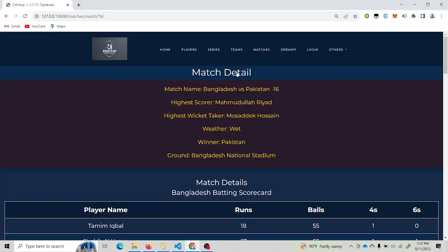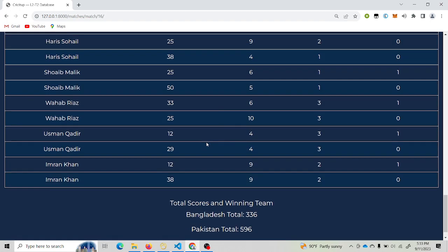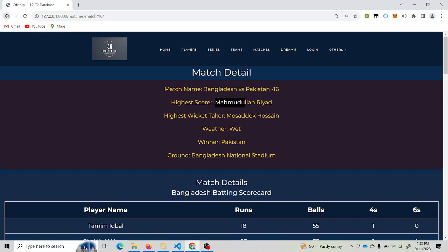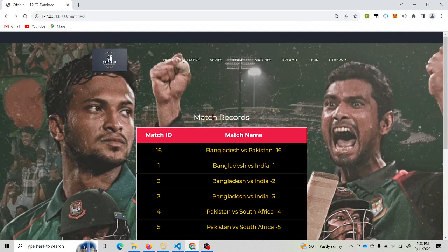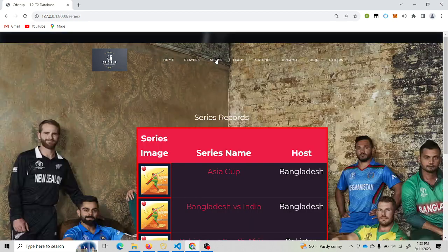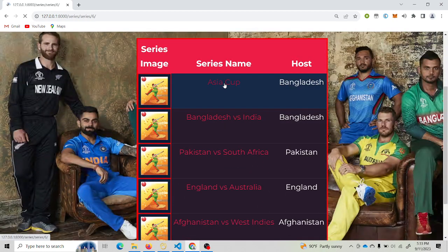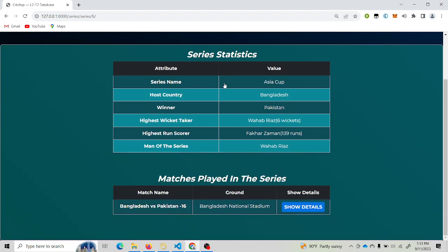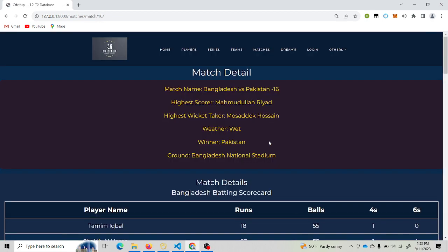If we click here, we can see all the details, and all the stats have been inserted using that very Excel file. So we also have the high scorer, the ground, the winner, and the total score. So that's all for this. And if I want to get the series stats, I go to the series and go to the Asia Cup. In the Asia Cup we have the highest wicket taker Wahab Riaz, highest run scorer Fakhar Zaman, and the end of the series is Wahab Riaz, because only one match is added here, so we can see the match detail of our